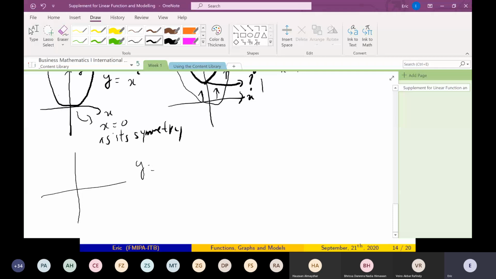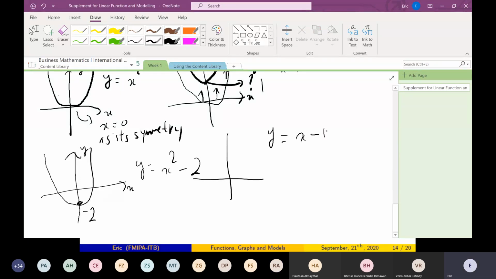What about this one? Y equals x squared minus 2. How do you get this? By translating it along the y-axis, down or upward? Down. Downward by 2. Down, minus by 2 points. So the y-intercept is minus 2. Don't forget label your axis. Yeah, I can forget my axis, but you cannot because you haven't passed the business mathematics. Later, if you have already, you can. Okay, yeah. What about this one?